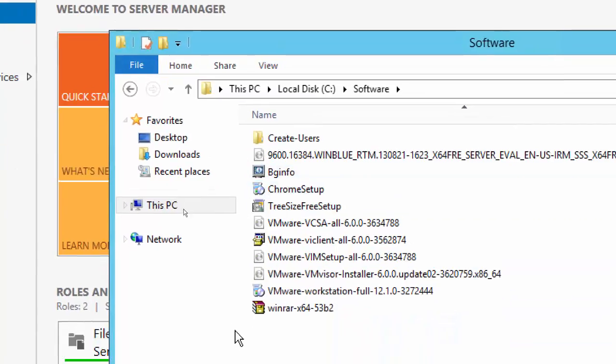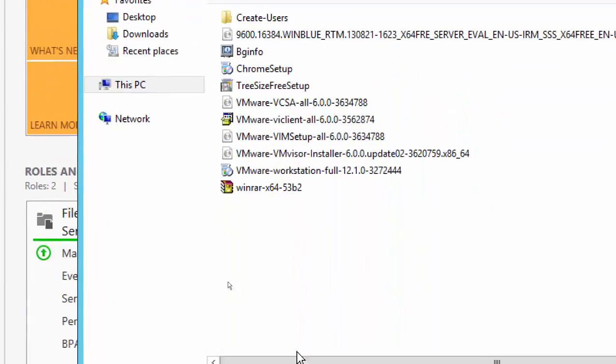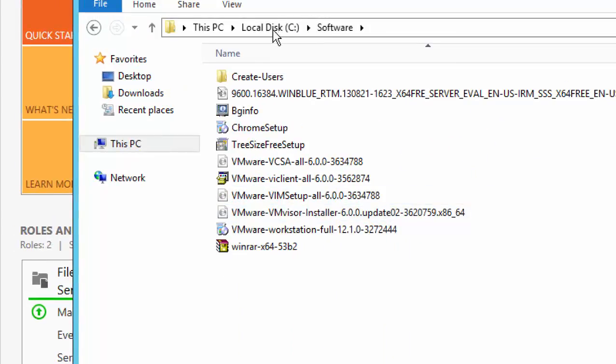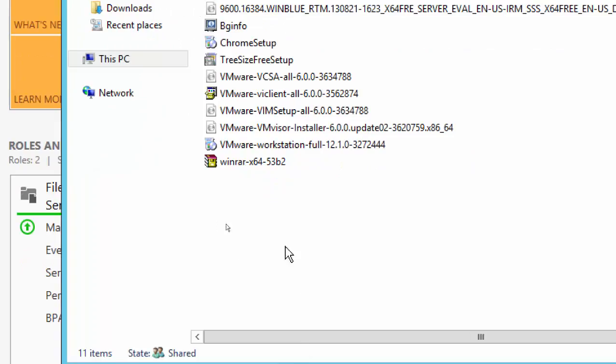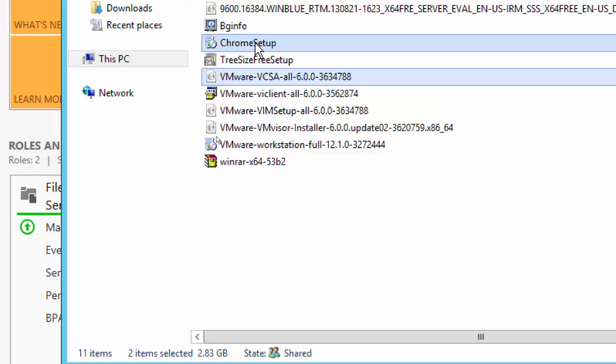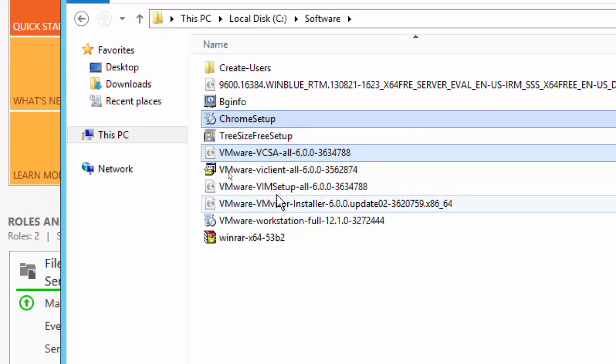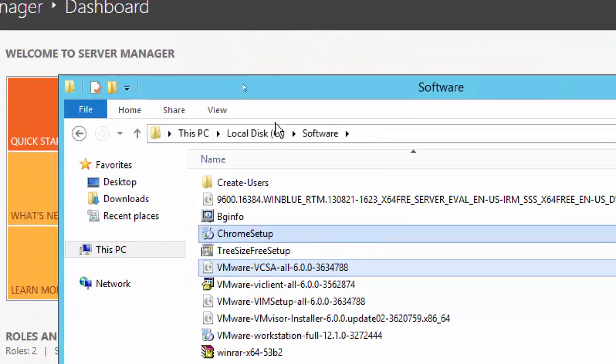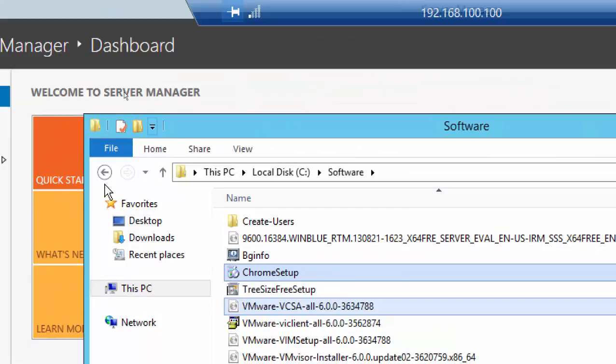And oops, what happened? Okay, I'm reconnected. Yay! So here now your C drive on the host Windows 2012 should be having this software, vCSA, and Chrome setup, this one. Is everyone in the host Windows 2012? So if you minimize the VMware Workstation,